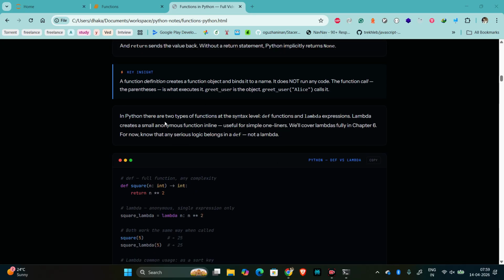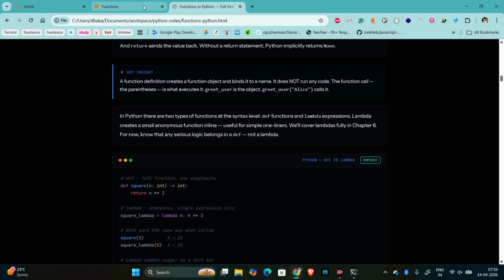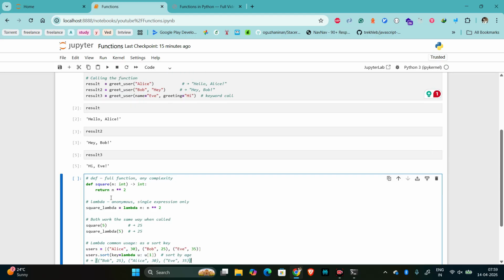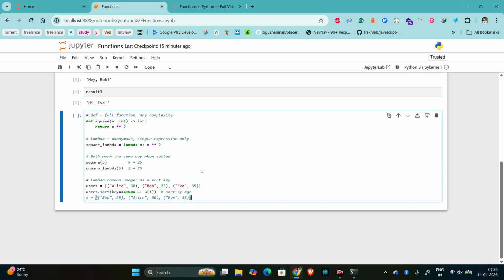So in Python, there are two types of function at the syntax level: def functions and lambda expressions. Lambda creates a small anonymous function inline, useful for a simple one-liner. We will cover lambda fully in chapter 6. If I copy this section and run it,